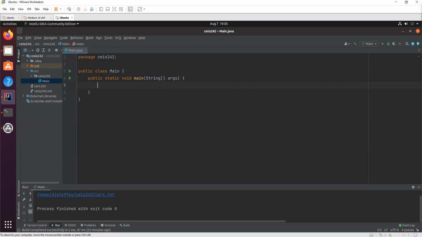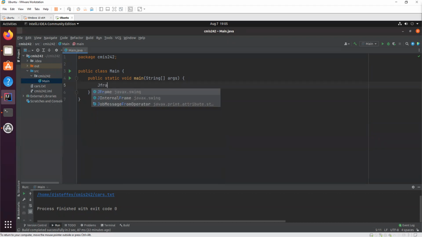I just find that's a little bit easier if I make my GUI first. Let's say your GUI has a button, and whenever you click the button, you want it to do something, right? So whenever I get to that point where I want it to do something, that's when I'll start implementing my code for buying and selling cars and listing cars and so on and so forth. So let's start with my GUI.